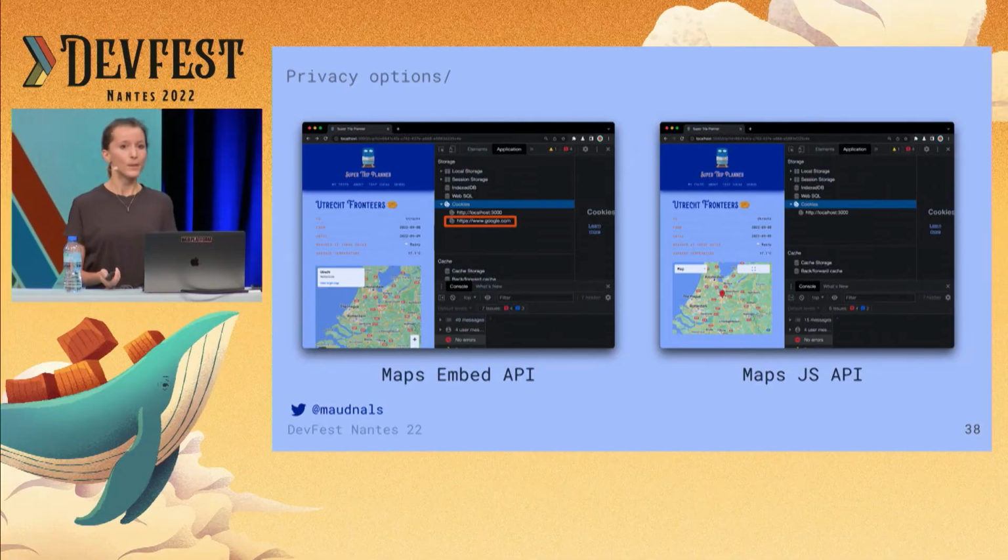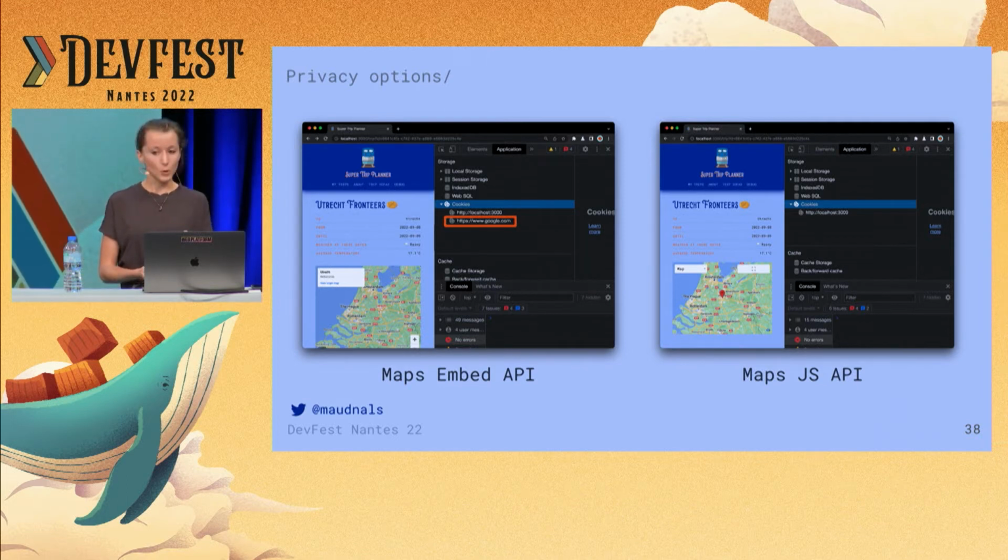But basically, the Map Embed API is really just an iframe. There's only limited configuration you can do there. And also, it sets a cookie. So this is kind of good to know. That cookie is going to pop up in the cookie list we saw earlier in our cookie banner list, right? So that's for the Maps Embed API. And the second one is the Map.js API, JavaScript. Well, you're going to have to write some JavaScript for that one.